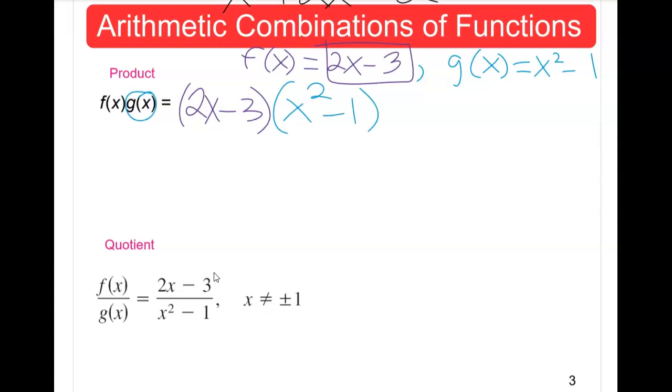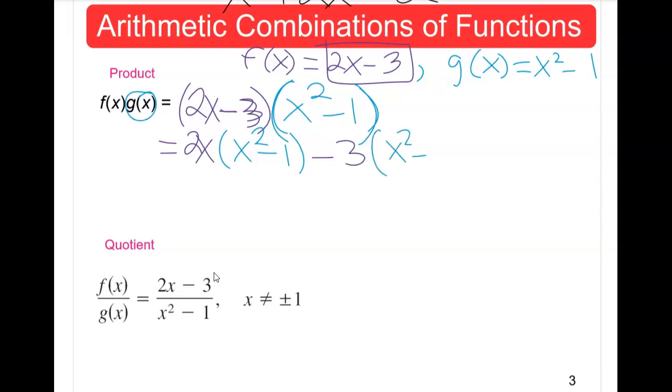So here we're multiplying two binomials, and so we have to make sure that we distribute. So I'm going to take 2x and distribute it to the whole binomial x squared minus 1, which is g of x. And then I'm going to take the -3 that you see here and multiply it times